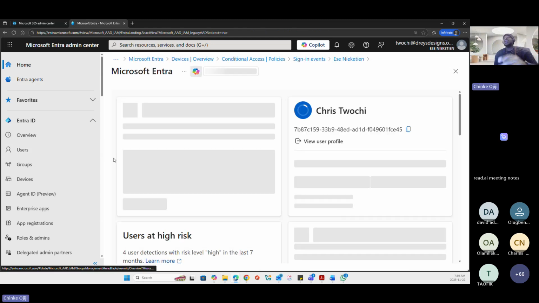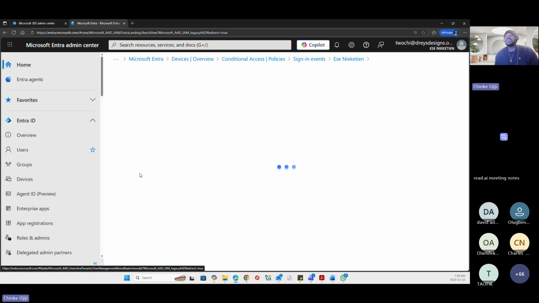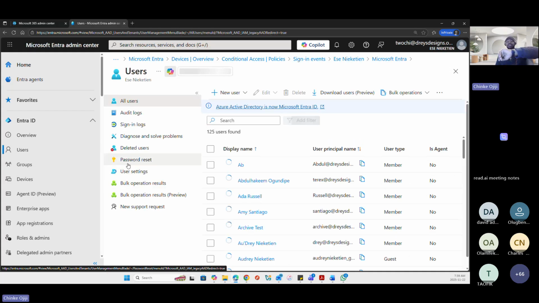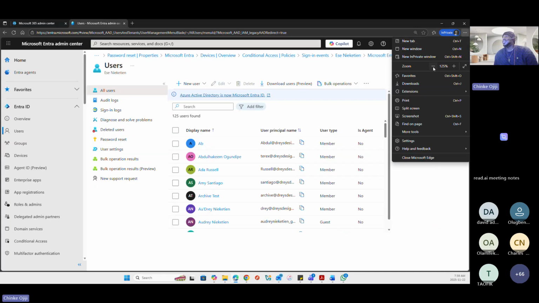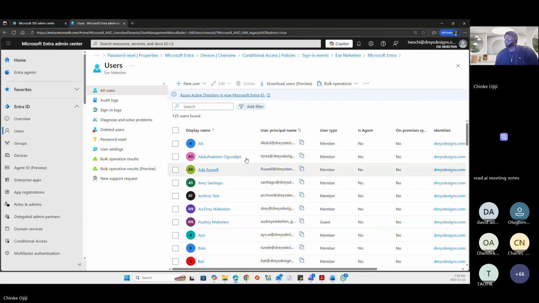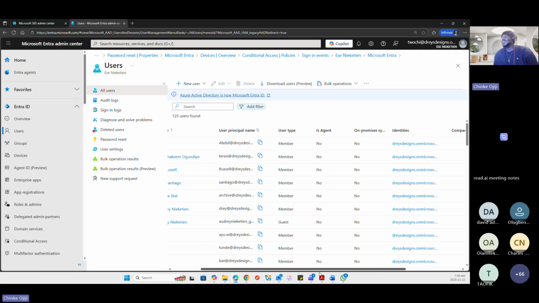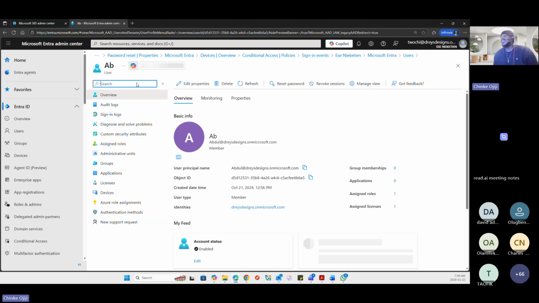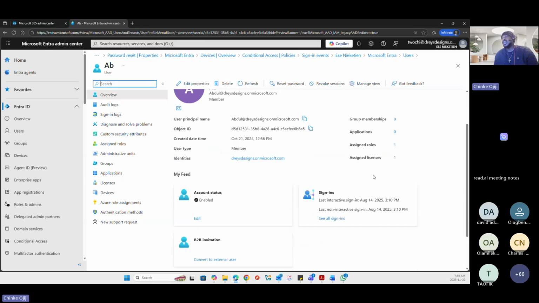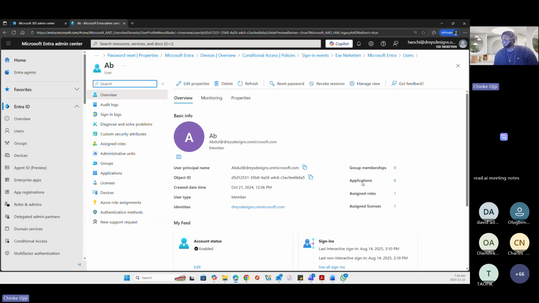So when we're here, you can come to your users, and here you're going to have the users in the tenant showing up, and these are their identities, right? So I would like us to look into this, maybe pick one user. Let's see what is even inside this identity that we're talking about, right? What is it about? What can you do with a user's identity from the Entra Admin Center, Entra ID Admin Center?